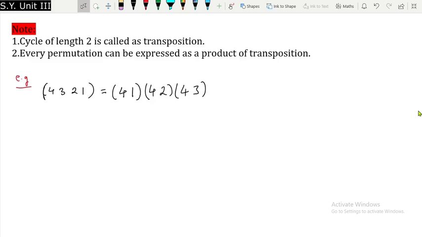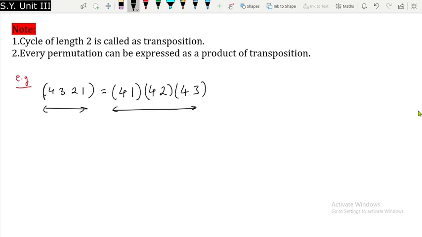3. Now you cannot go beyond this, because if I start from 4, now we are supposed to see last fourth element, which is 4 again. Okay, so no point of writing this, so I will erase this. Are you getting my point, what I have done? So I have expressed this permutation as a product of transpositions. And how many transpositions are involved? 3 transpositions, 4 1, 4 2 and 4 3. But is it right? Whatever I have done, is that right or not? You can verify it easily.